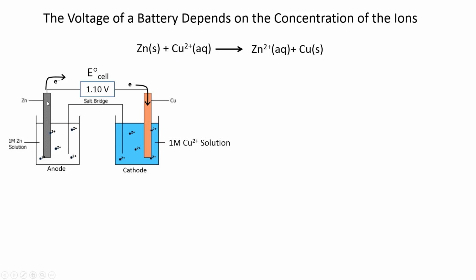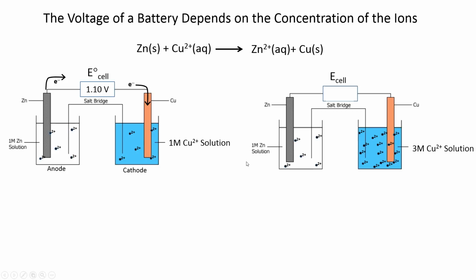So electrons are flowing from the zinc anode and jumping onto the copper ions in solution. If we crank up the copper ion concentration, go from 1 molar copper ions to 2 molar copper ions, we find that that pull of electrons from the zinc anode increases, and we see that with the cell voltage increased, albeit a modest one, from 1.0 volts when 1 molar ions are present to 1.12 volts when 3 molar copper